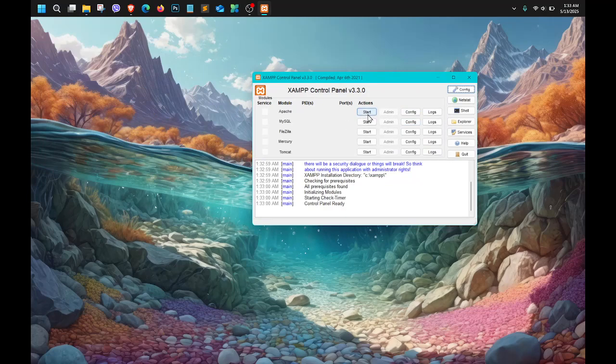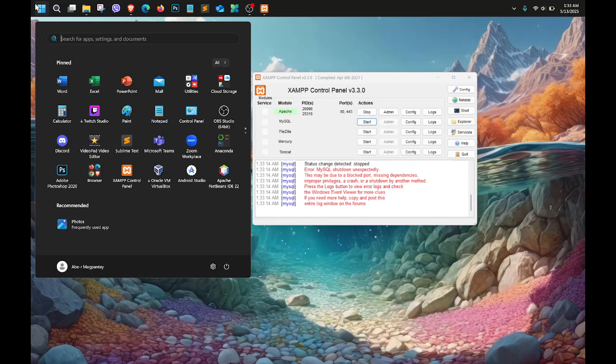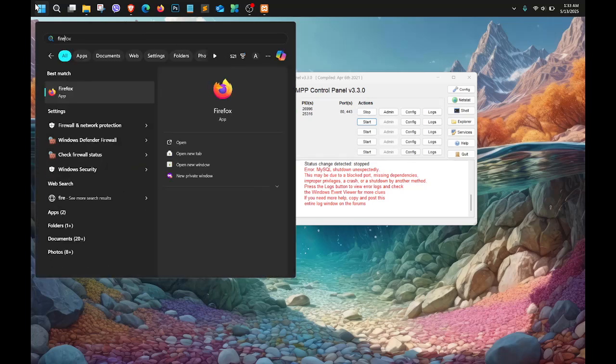So let's start the Apache. Then if you're going to use the database, you can also start the MySQL. Currently I'm having a problem in starting my MySQL, so let me check on this one first. This says blocked port, missing dependency. So I'll try to open my firewall.